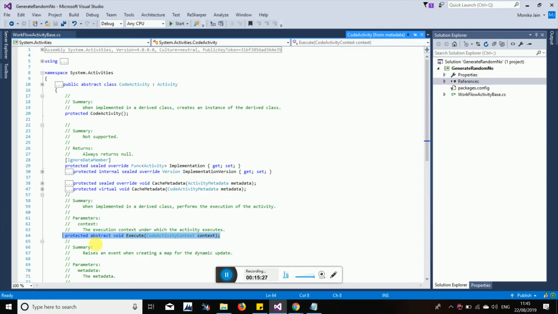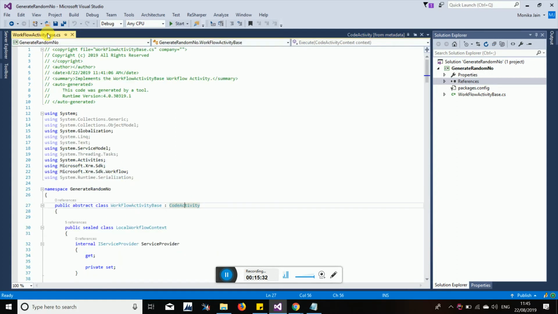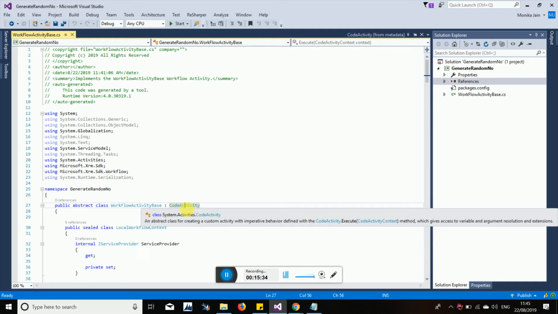So what we did is we need to use this execute method. In our code, we are inheriting this code activity. Earlier I told you about program, class and section. As we needed to use that particular calculate age function, we inherited program into section, right? In the same manner here we are inheriting code activity because we need to use the method called execute method, right? Execute method we need to override. Override means here in the child class we will give the definition of it.